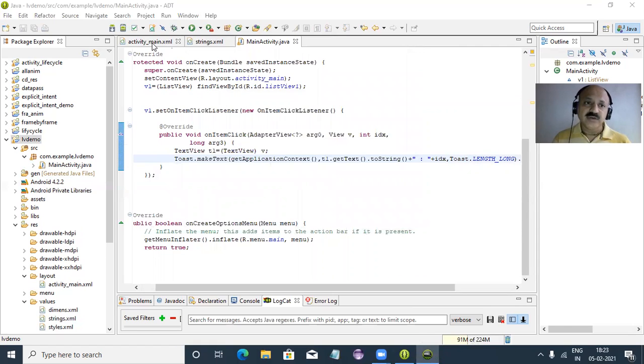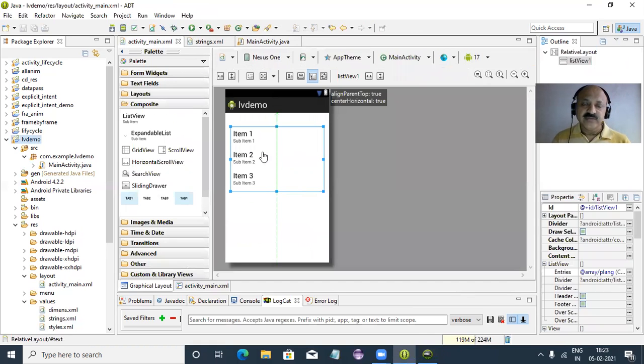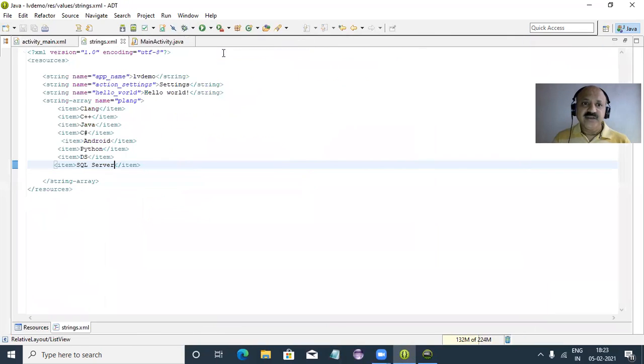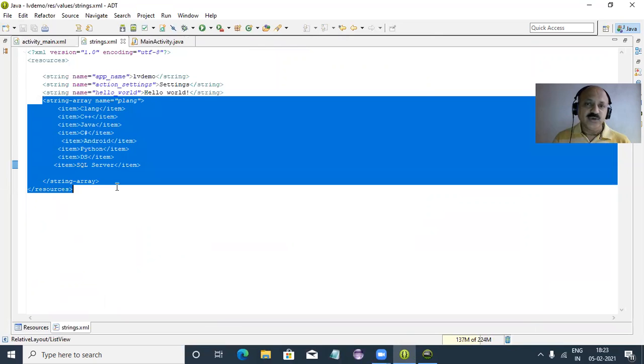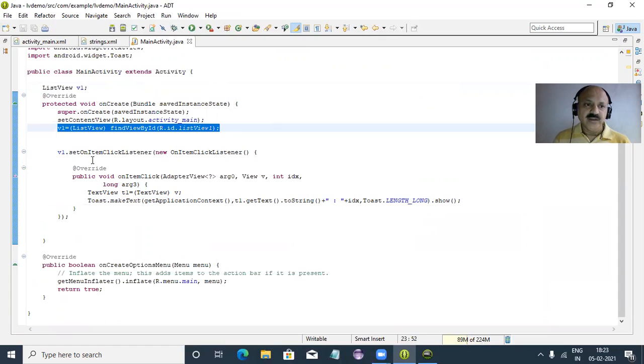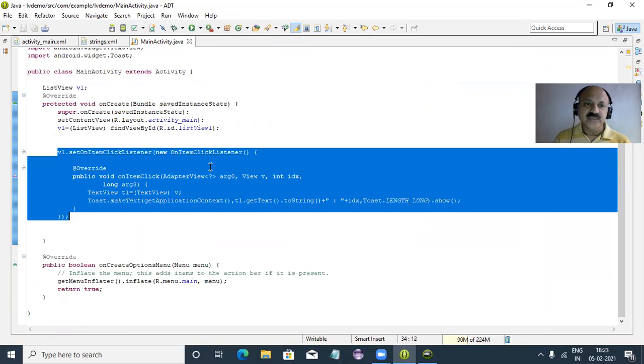And to summarize here, we take one text list view, and we cannot provide the list only. Here you can look, then a string array in the string.xml file, and then we take the Java file, and first only a reference, not an object, and take the id from the r.java file and use set on item click listener, not selected, because not selected means it does not display our item. So that is perfect.